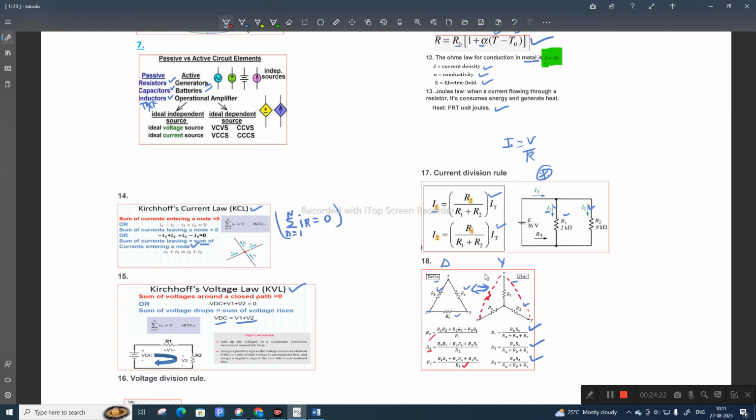I will be solving a problem on this, in which you will get a clear idea. Suppose all of these have 1 ohm each. In star, R star will have R delta by 3. So what is R delta? Delta is 1 ohm, and this is 1 by 3 ohm. So everything is 1 by 3, 1 by 3, 1 by 3. Similarly, for R delta, if it is 3 ohms,